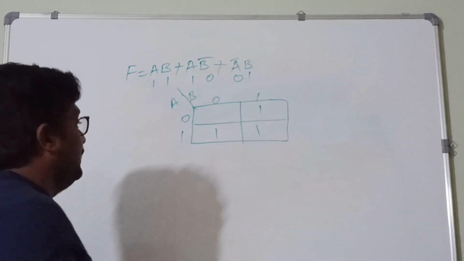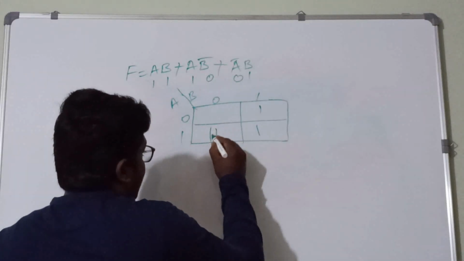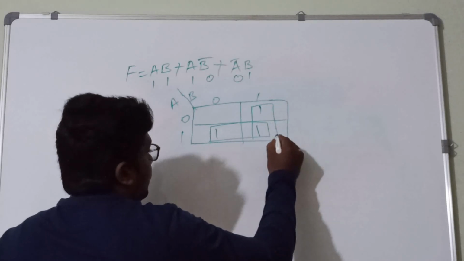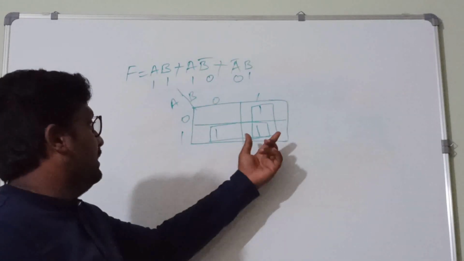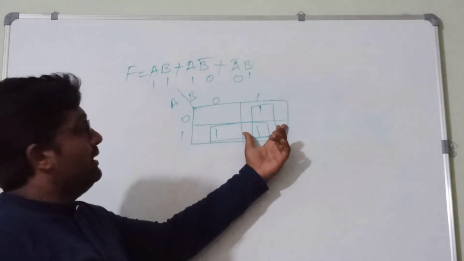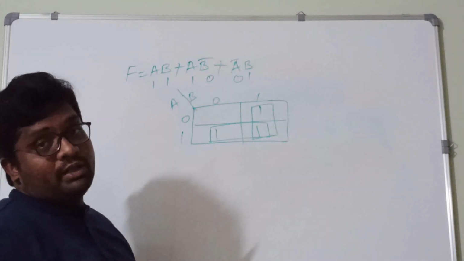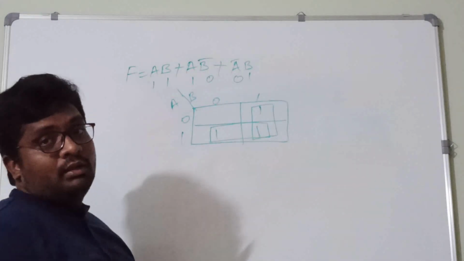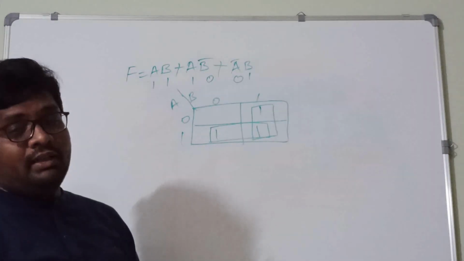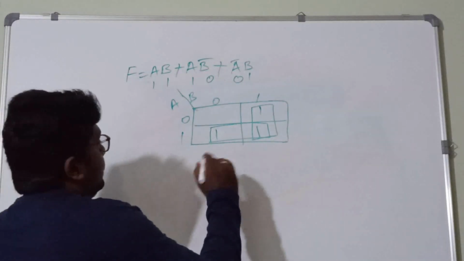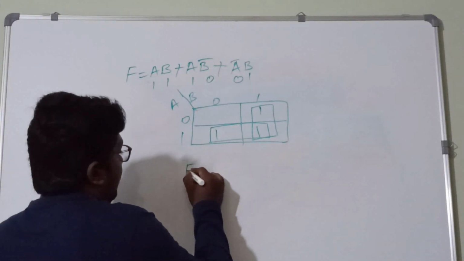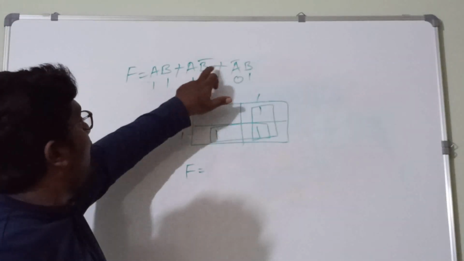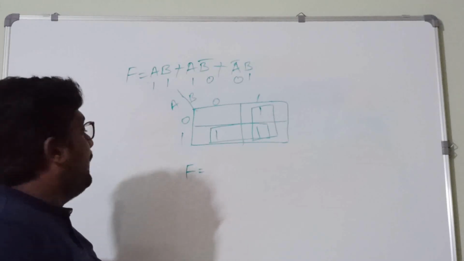So here we are having 2 pairs, that is, see, this is one pair, this is one pair. If you observe here, this one here we are performing the overlapping operation, right? So this one is applicable to both these squares, right? So now we need to reduce the given expression F is equals to AB plus AB complement plus A complement B.